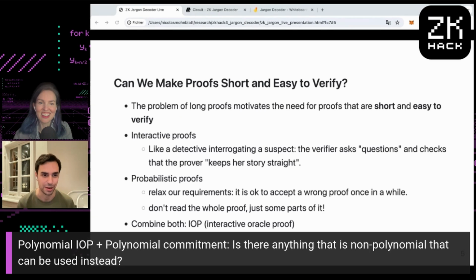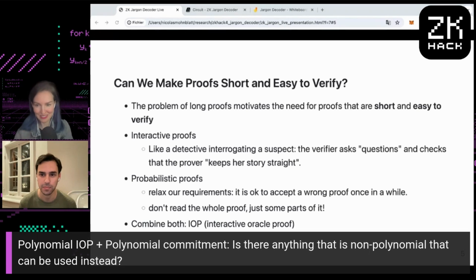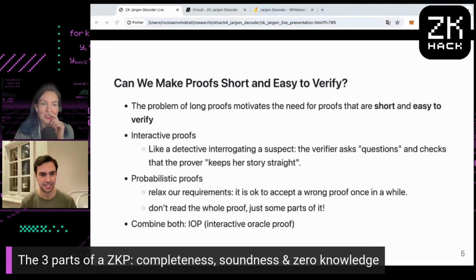Other jargon terms that people might want to ask about. Someone just asked a question and we had prepared a very similar one, so I'm going to do our part and then add theirs. We often hear of a ZKP as consisting of three parts: completeness, soundness, and zero knowledge. There's sometimes a criticism of people calling ZK-SNARKs ZK when they're actually not using that zero knowledge part of the ZKP. But someone asked, let me just find this.